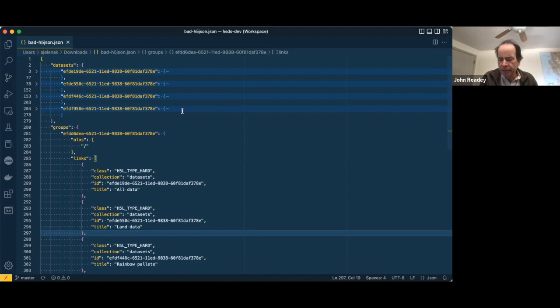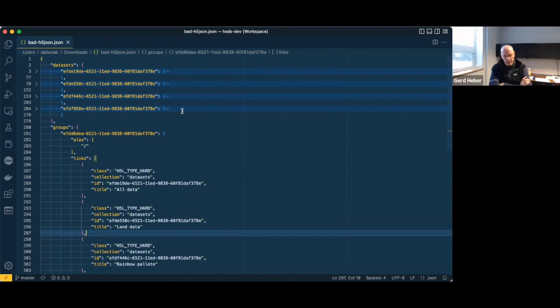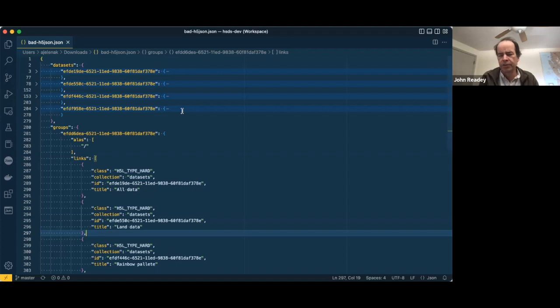In HDF5, datasets and groups have an ID, but it's a numeric ID. I guess it's just an offset in the file to the location of that object. And I don't think it's purely immutable either, right? It could change